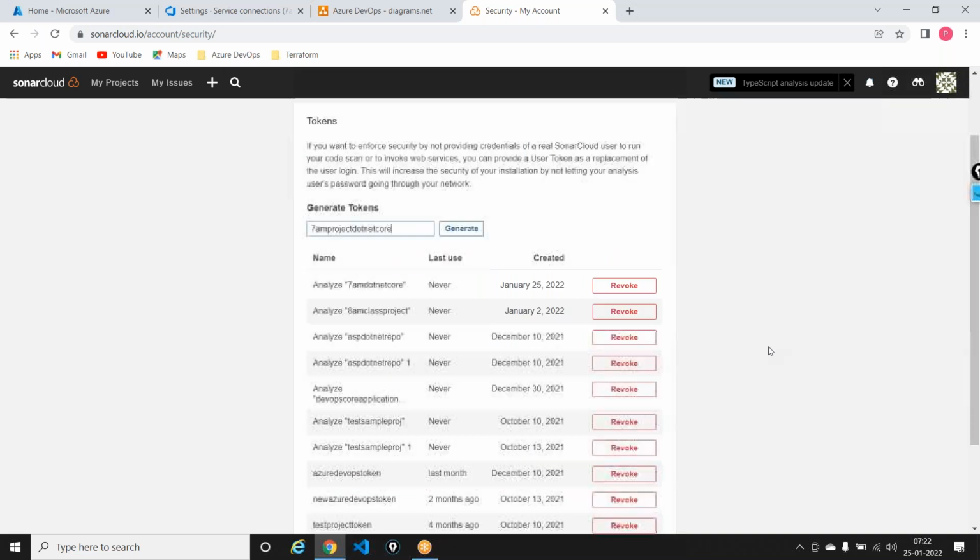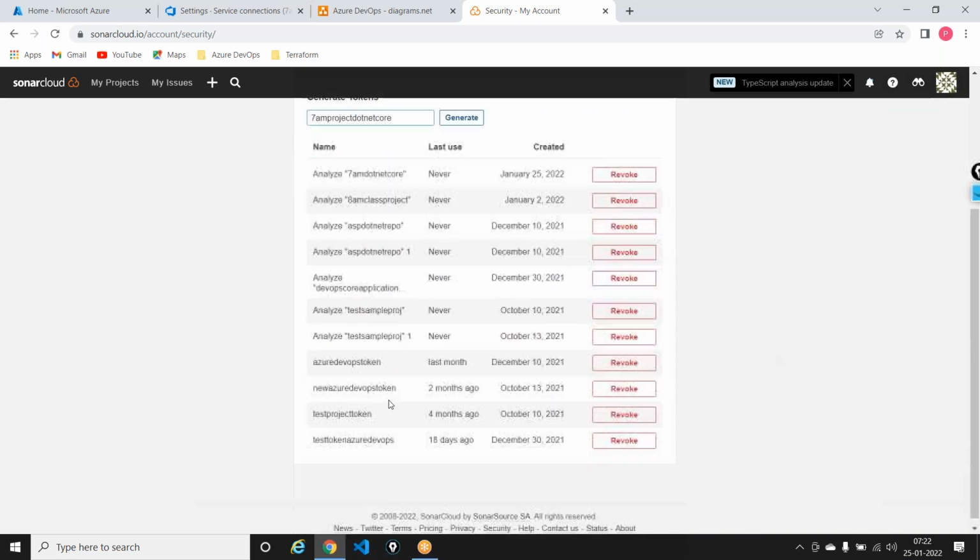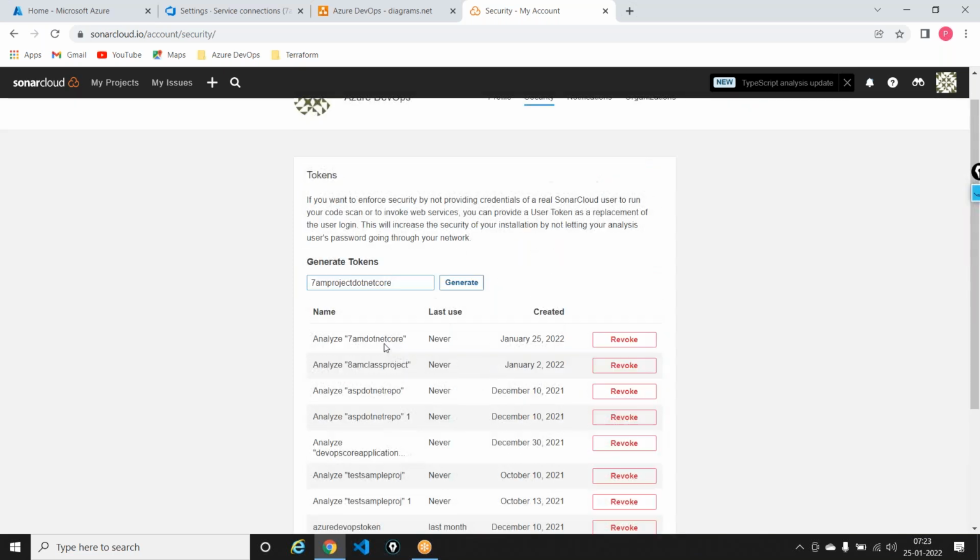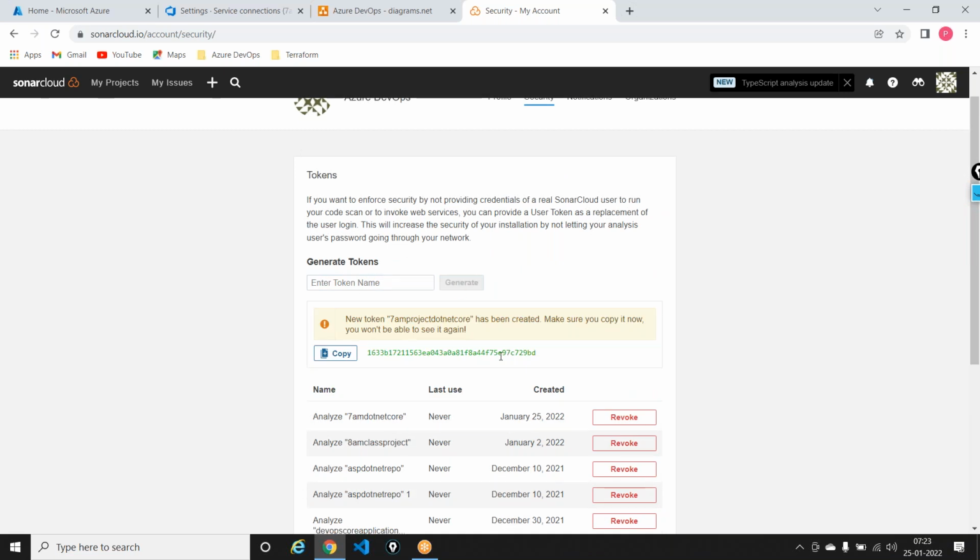As you see here, I've generated a lot of keys over the past. So I'll say generate this out. As and when I generate it, you will basically have a key that is generated out here. Now, very importantly, guys, you have to make sure to save this key somewhere, because once